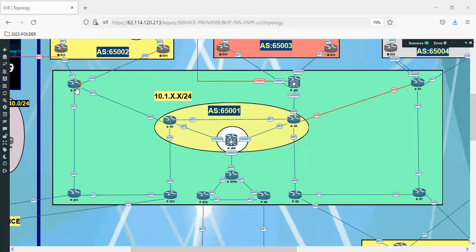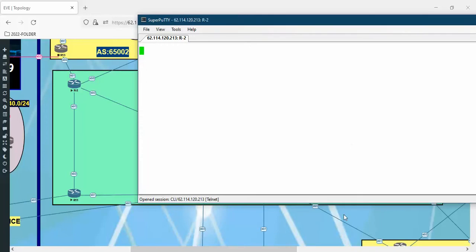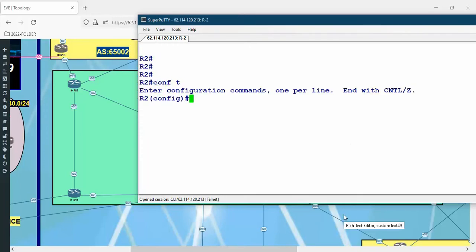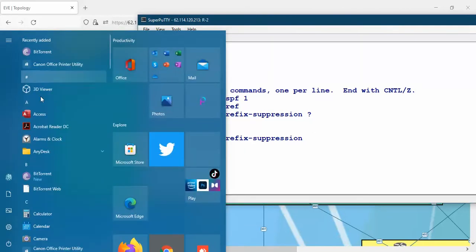So let's go to router 2. Router OSPF 1. I say prefix suppression. Just take note that